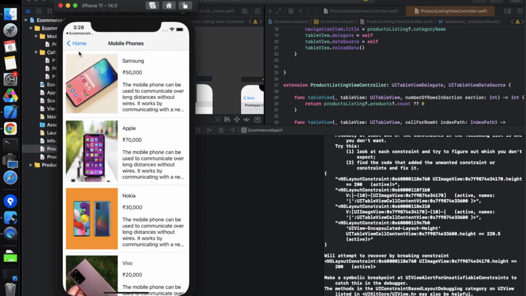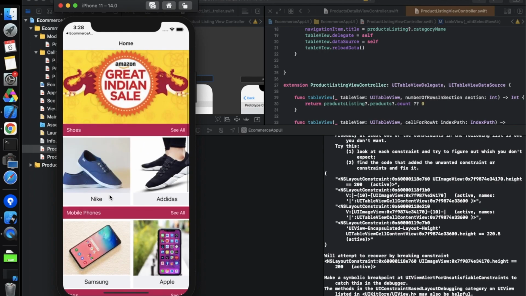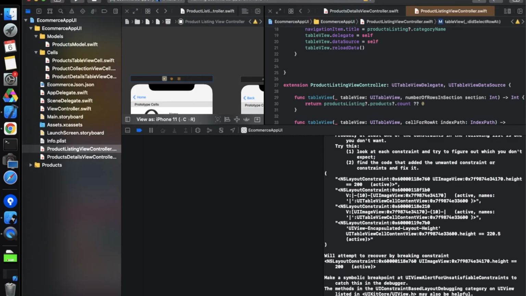But still, if we want to show the user details from over here, just like as I click on this Nike, it is doing nothing. So if we want to perform this, we have to transfer the control from this collection view cell to this controller, and then we will pass that thing. So let's see how we can do this.